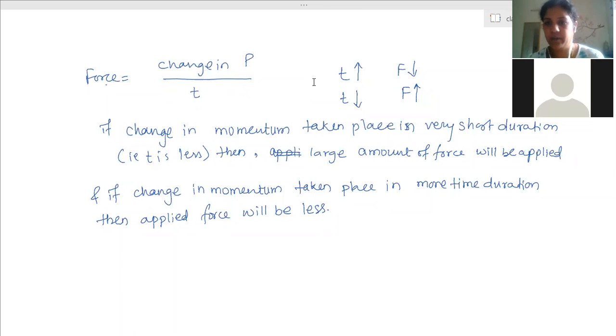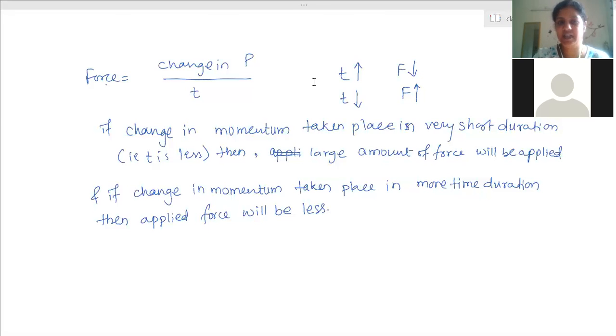In this case, what happened? When the ball comes, it has a very high speed. When it is caught by the fielder, immediately the speed of that ball becomes zero. It was coming with a very large force. U is a large speed, and the final velocity is zero. So change in momentum has taken place because speed has changed. But he has caught and stopped the motion immediately. So here, in a very short duration of time, the momentum has changed.